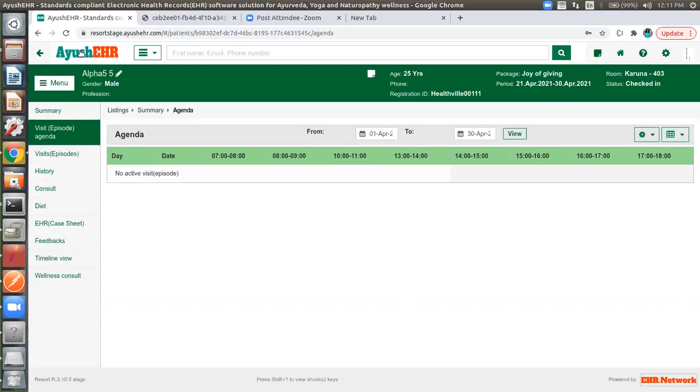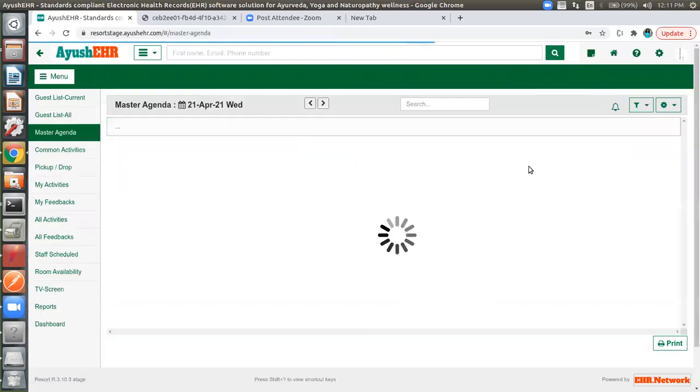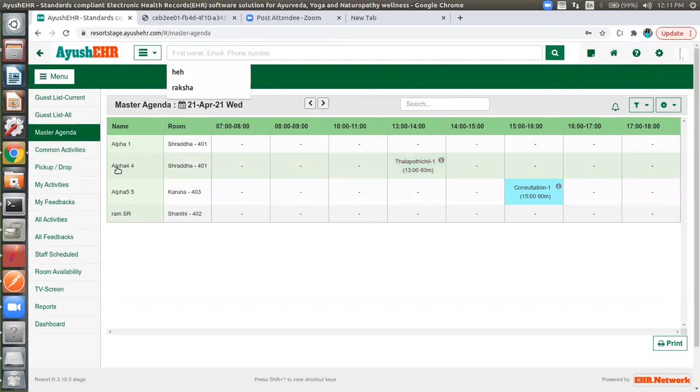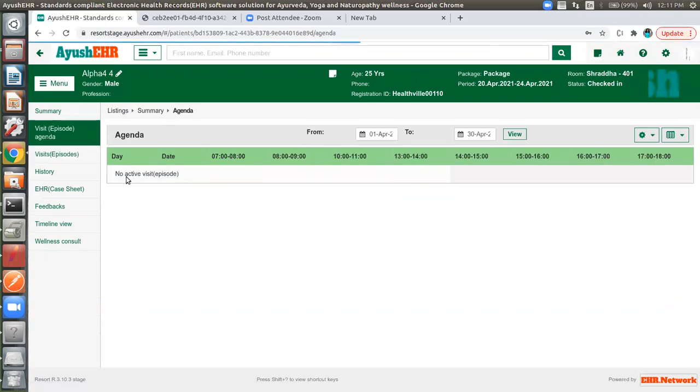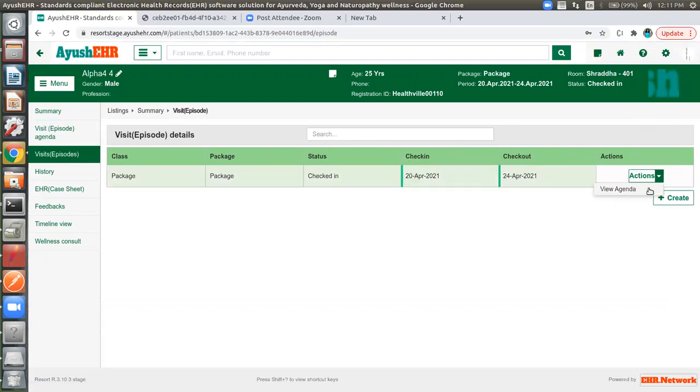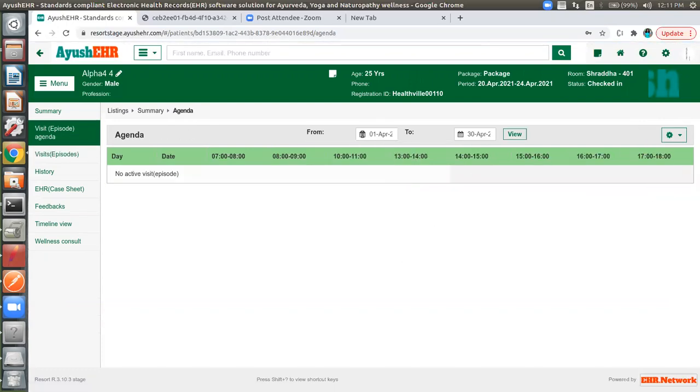Just a minute, I'll show you. One second, because of this black screen. Okay, in the agenda, it's not coming up. Okay, in the agenda we can see a list of all tasks, and we can give a printout to a guest. So that is what we can see.